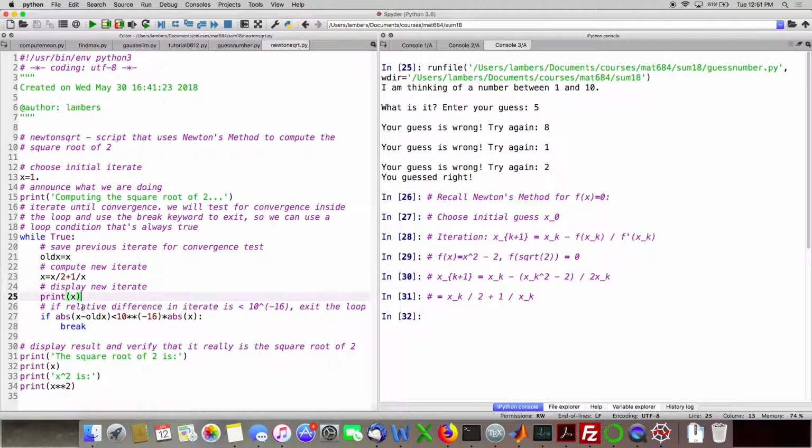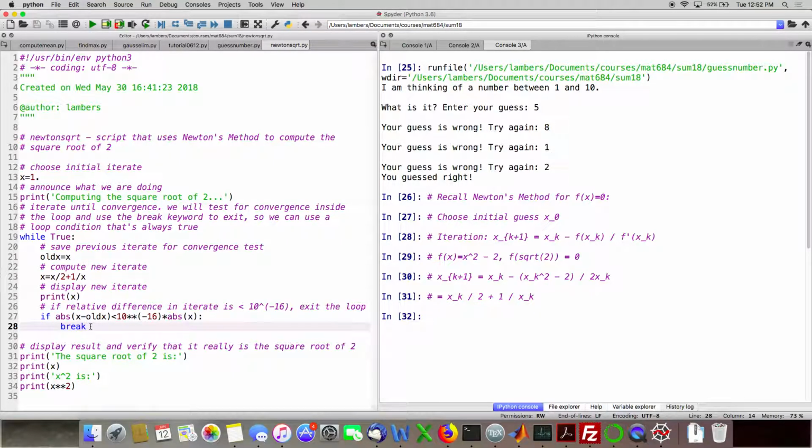here I check for convergence. So I look at the absolute value and check whether it's less than the absolute value of the latest guess times 10 to the minus 16th. So if this condition is true, I decide that the iteration is converged and I want to get out. So just like in other programming languages like C or MATLAB, you can use a break. A break will cause the enclosing loop, which is a while loop in this case, to immediately exit. So that means as long as the iteration is convergent, the